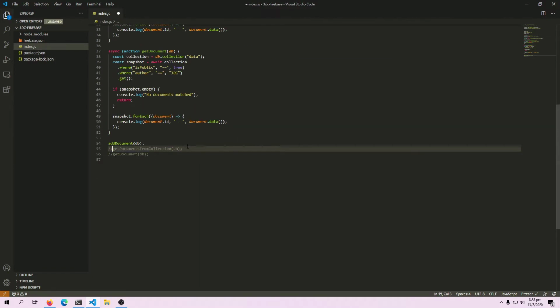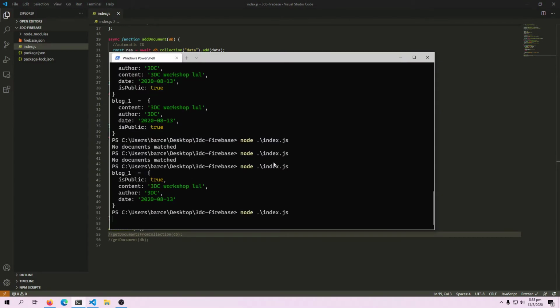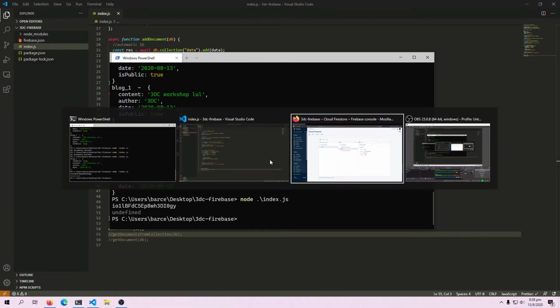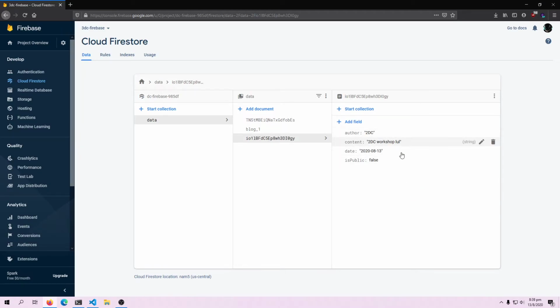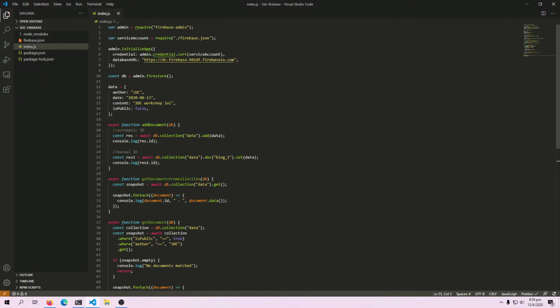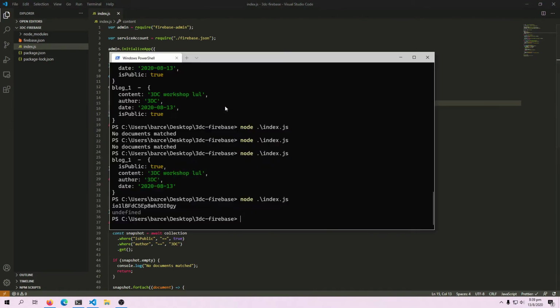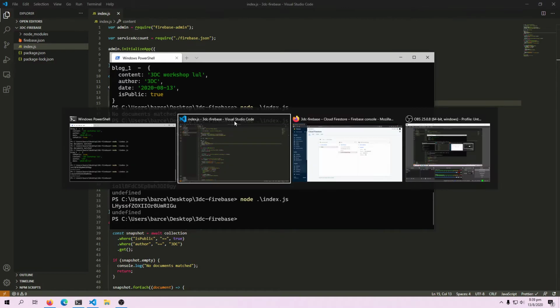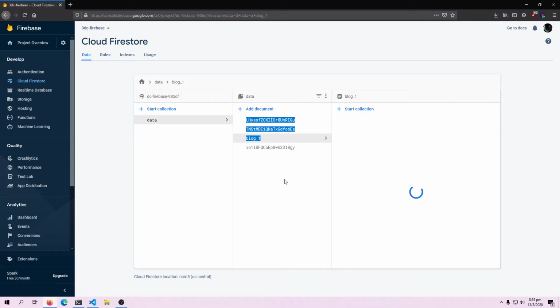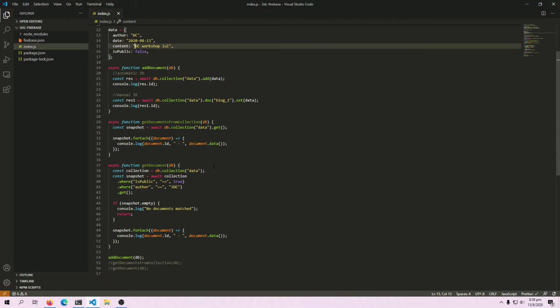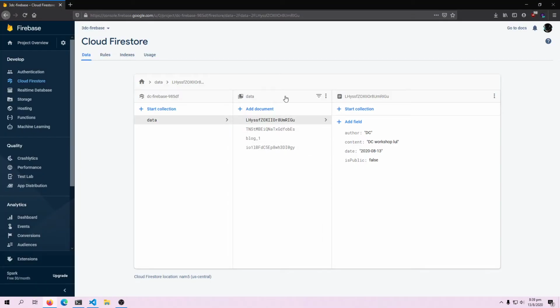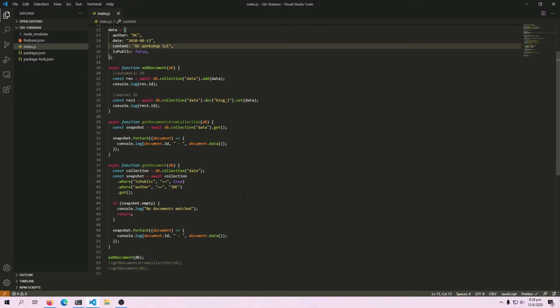And add this to our database. And there we go, 2DC. And let's create another one on PC workshop. There we go. So now we have four collection documents. Okay, so right now the amount of data you have is fairly manageable, but at larger scales you